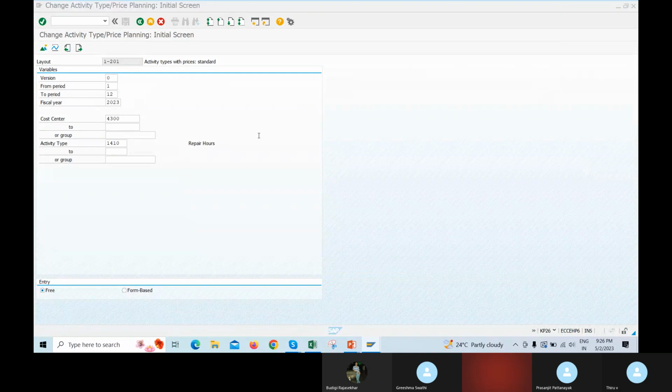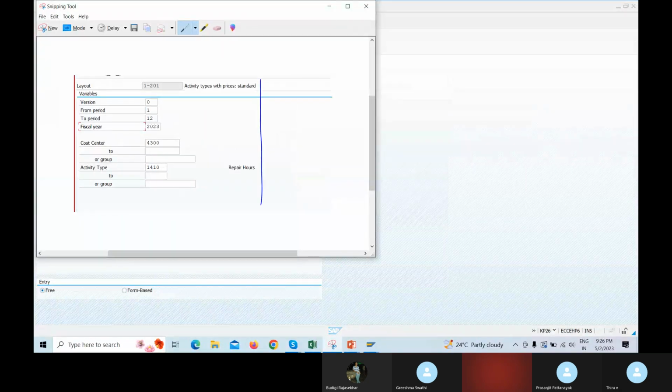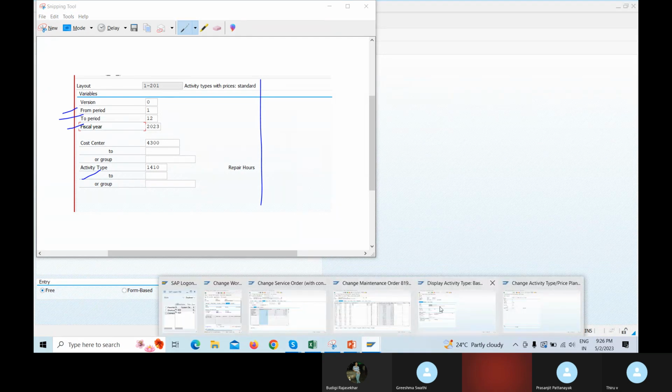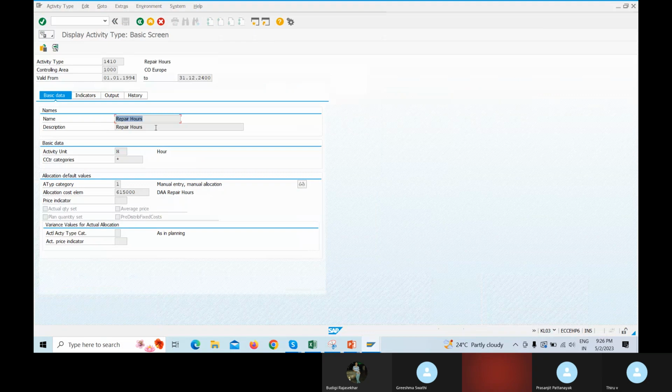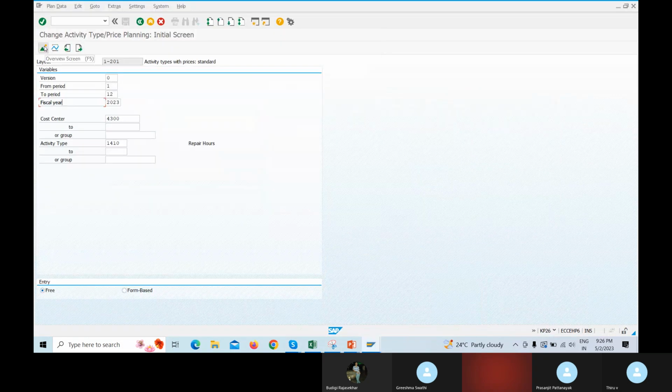Any questions on this field in this screen? Anyone? Or are you not able to understand? I'm ready to explain. From this period January to December for this year, for this activity type. What is activity type? This is repair work. For this repair work, I am going to maintain the cost here inside. Clear? Any questions on this screen? Grishma, Thiru, Rajeshekar? I am going inside. I didn't maintain the amount; I am going to maintain the cost.